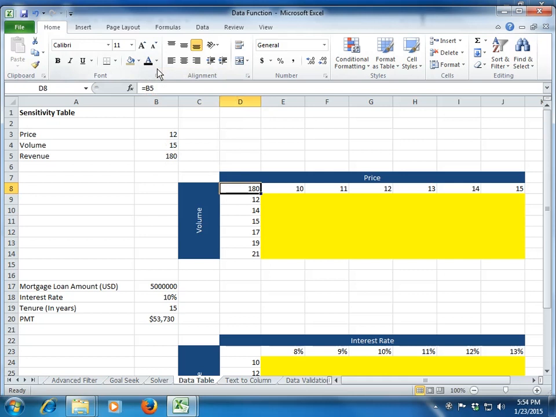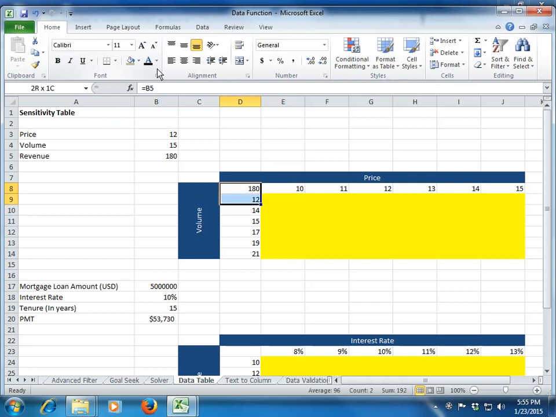Clear? Okay, so once again you create a table like this, in which you create a range for the first variable, that is price. You create a range for the second variable, which is volume. The range can be selected by you. There is no problem anyway. You can select it in decimals, you can select any range or any width you want to. Clear? Whatever cell is at the intersection of this array and this array has to be linked to your final output which you want in your data table, right? So here I want to see the effect of the change in volume and prices on my revenue. So my revenue is my ultimate output, so this will be at the intersection. This cell has to be linked.